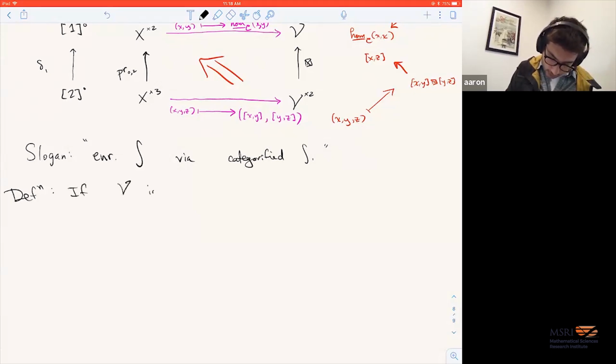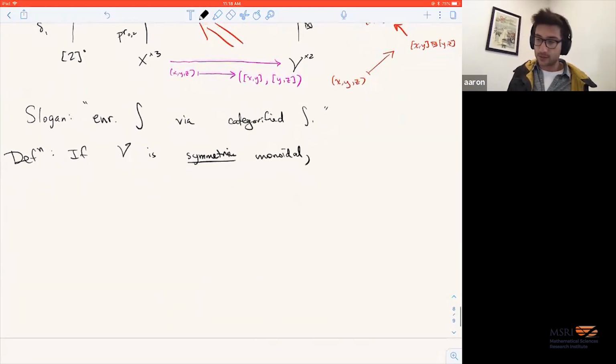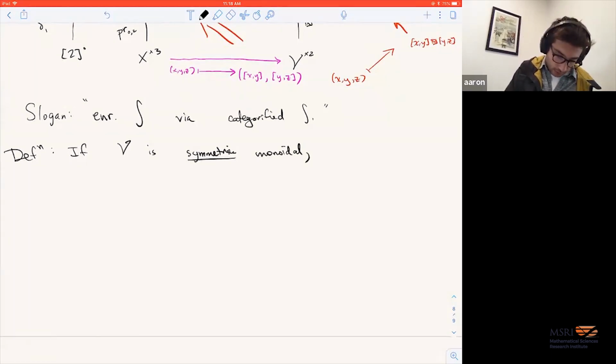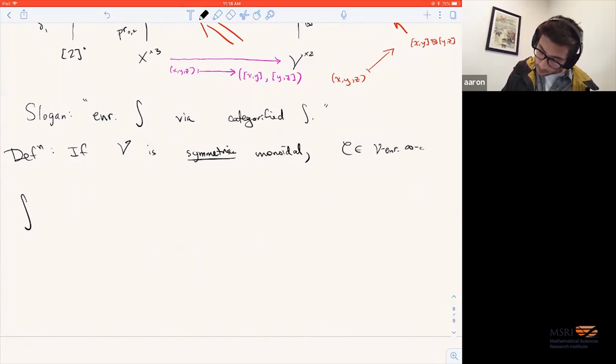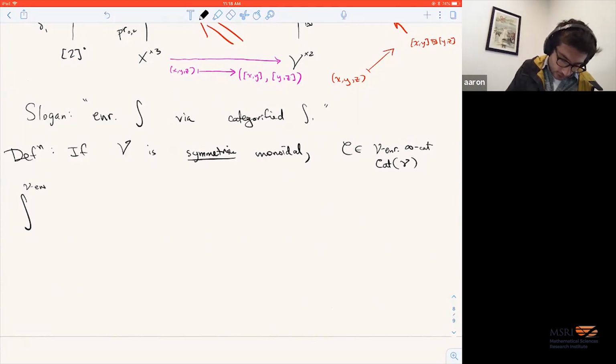If V is not just monoidal, but symmetric monoidal, I'll describe why that's necessary in a moment. C is a V-enriched infinity category, which I was denoting as cat parentheses V rather than square brackets. The V-enriched factorization homology over M,